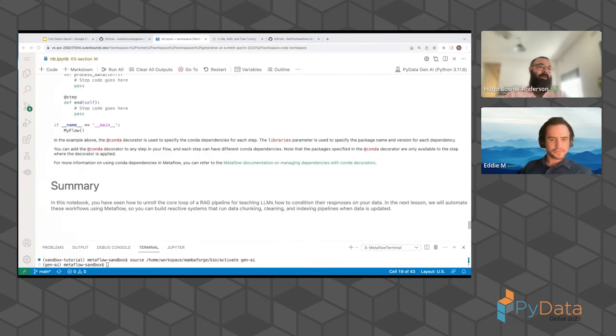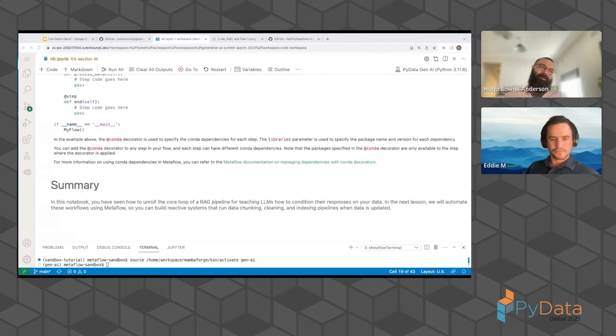Okay. So we've got 6 minutes left. And I know this is some real 11th hour stuff and we're pushing up against it, but this has been a whirlwind introduction to retrieval augmented generation. The reason we wanted to do all of that is then show how you can put these in production pipelines using Metaflow and a scheduler such as Argo. So to do that,